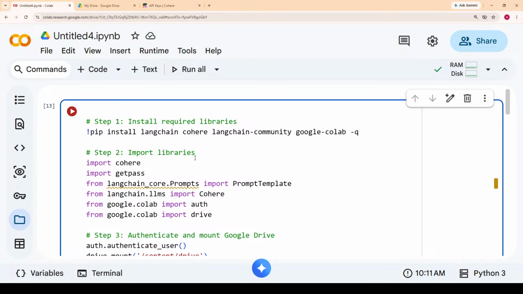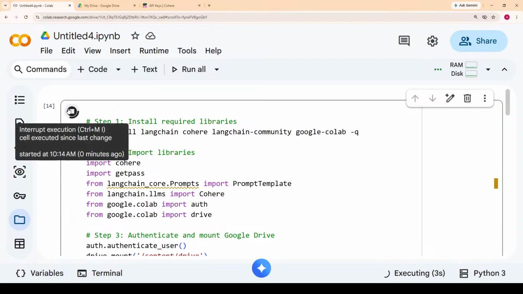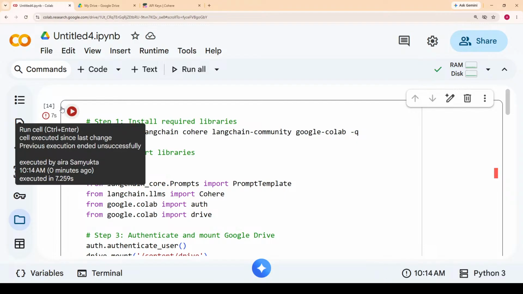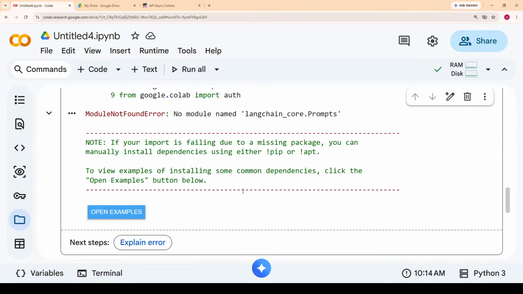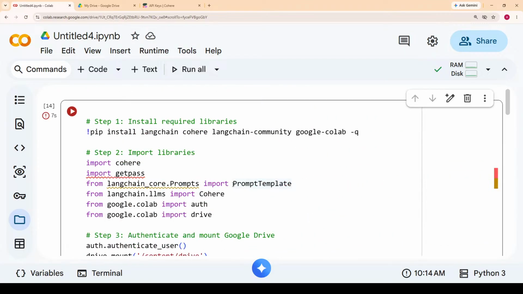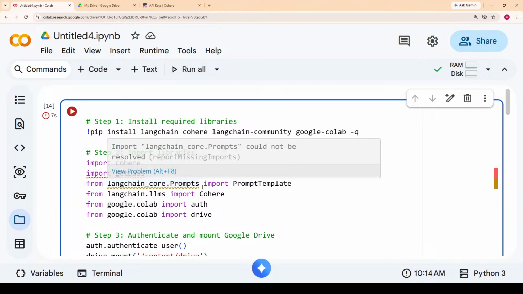Next, predict. This also is correct. Let me run it. This is correct, but this